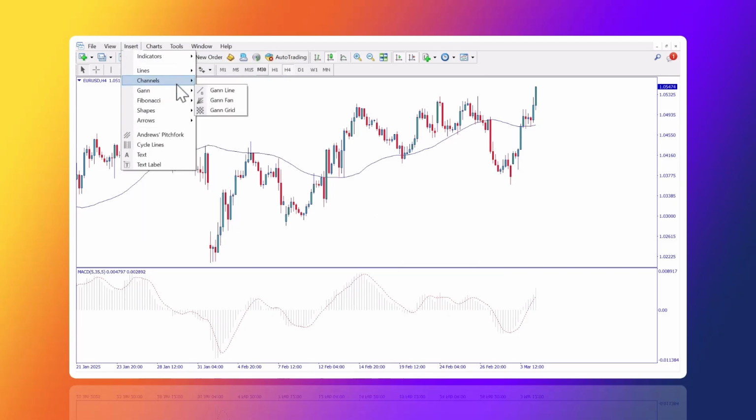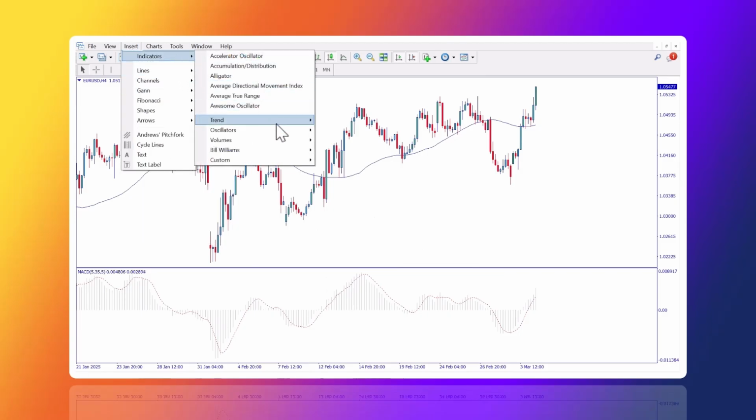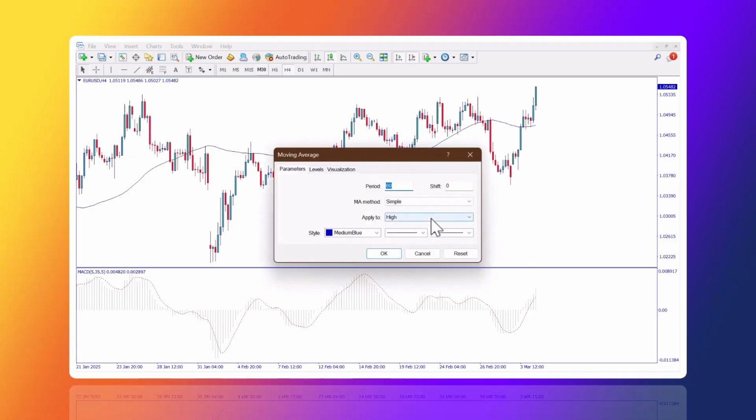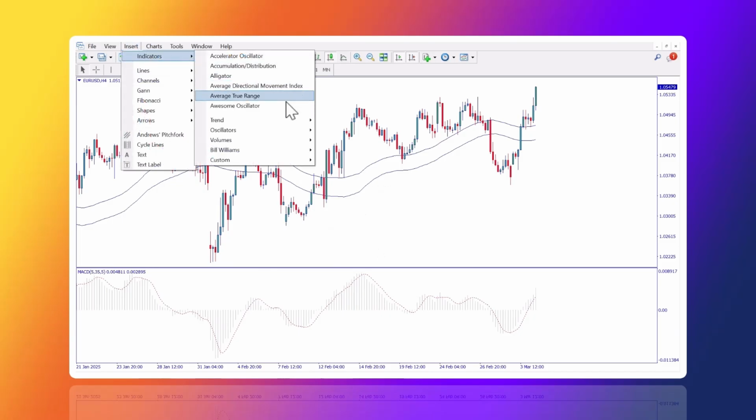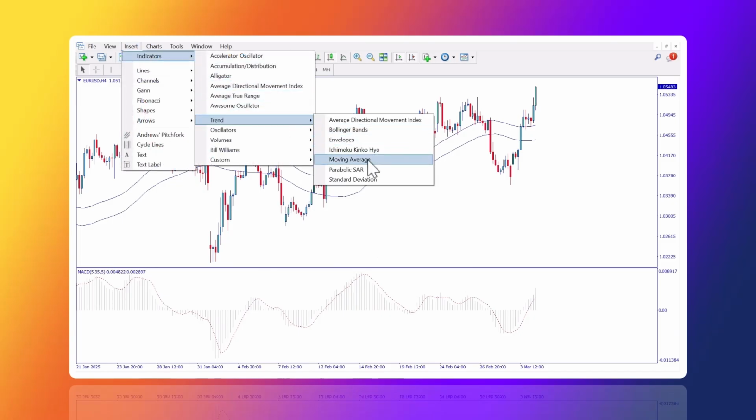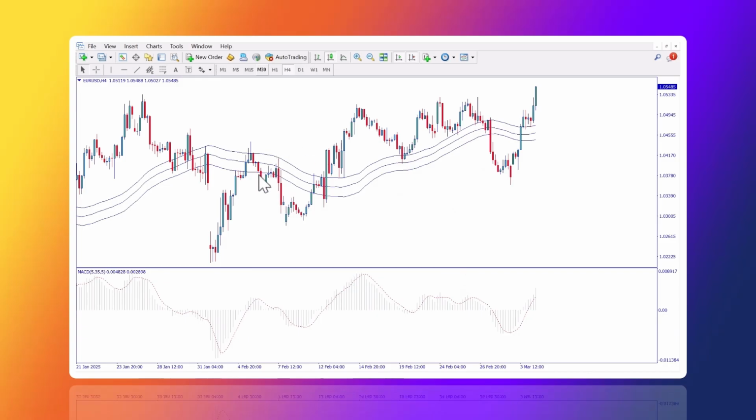I'll go to Insert, Indicators, Trend, then moving average. The same thing, but I will change this to low. Then I will repeat the same thing, then I will apply to close. So I have my 3 moving averages here, and one thing about this strategy is that you can use it